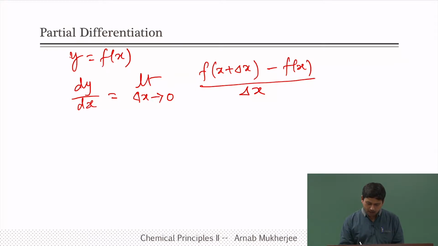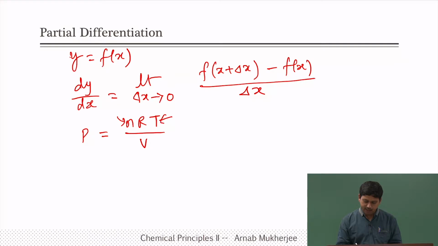Now, let us talk about pressure for an ideal gas system. Pressure can be written as nRT by V, right. So, here you can see that it depends on n, R, T and V, but R is a constant, so three variables, right. So, now let us say I want to calculate how this particular function changes with respect to temperature,